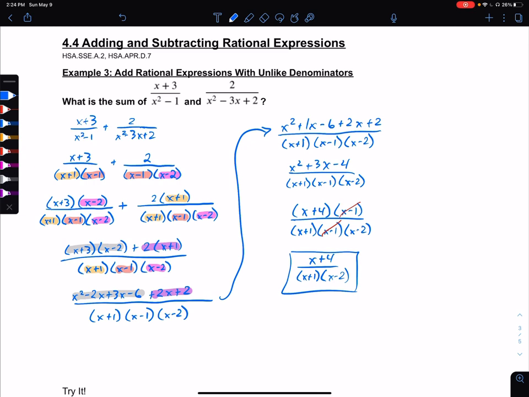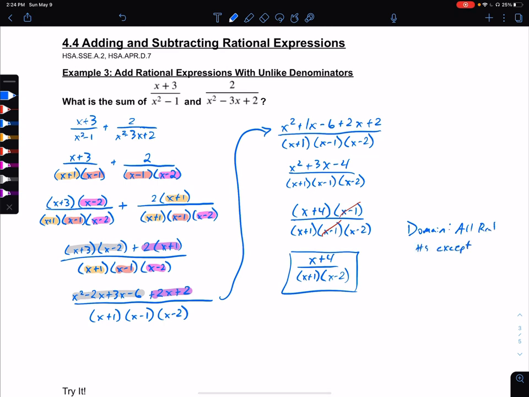So obviously there's a lot going on here. We're looking at LCMs, adding up like terms, and there are multiple times where we have to factor. There's a whole mess of things going on. On top of that, we should always consider our domain. The good thing about the domain is that it's pretty straightforward. We just look at our LCM, and that gives us a pretty good understanding of what numbers are and are not allowed. So the domain is going to be all real numbers,